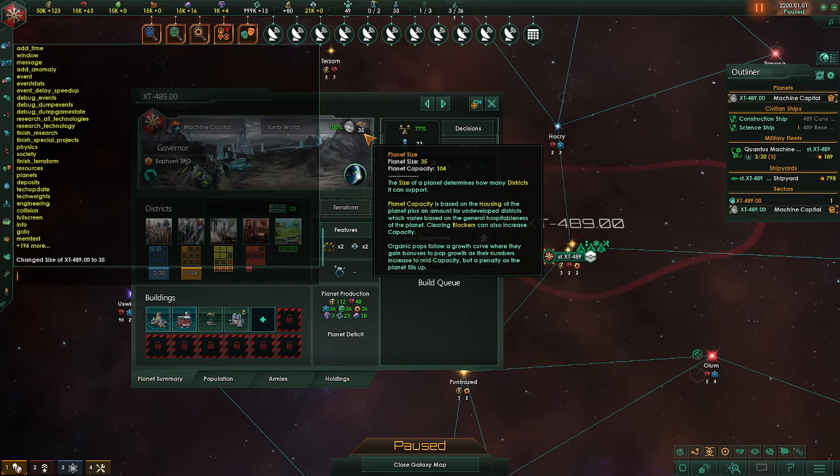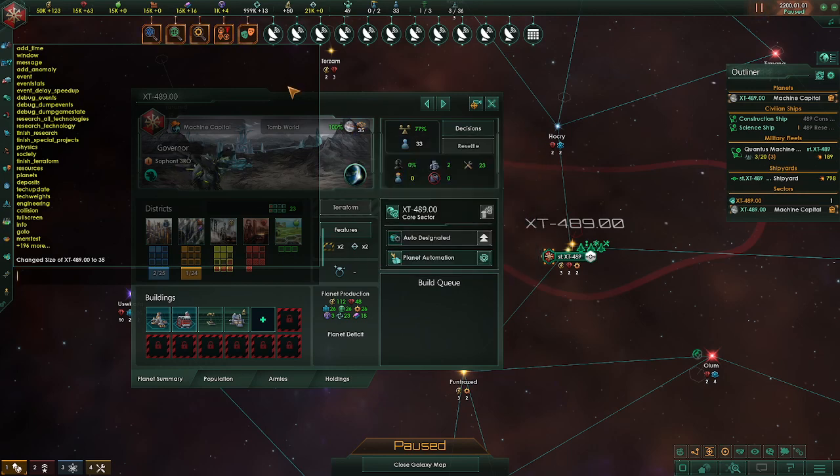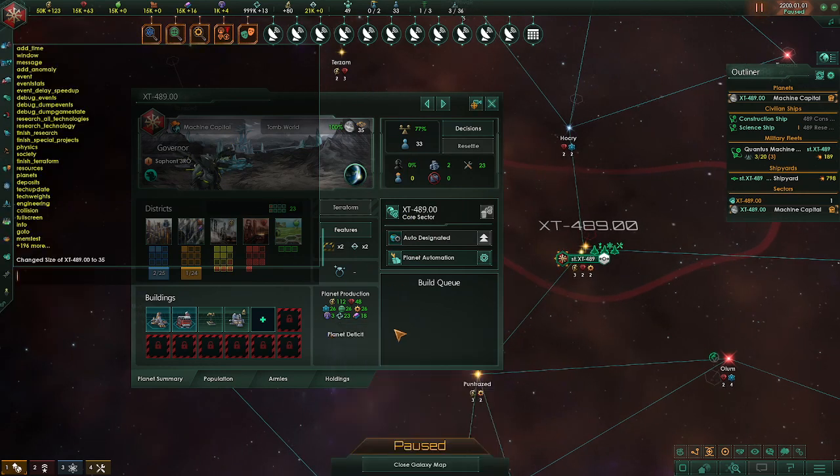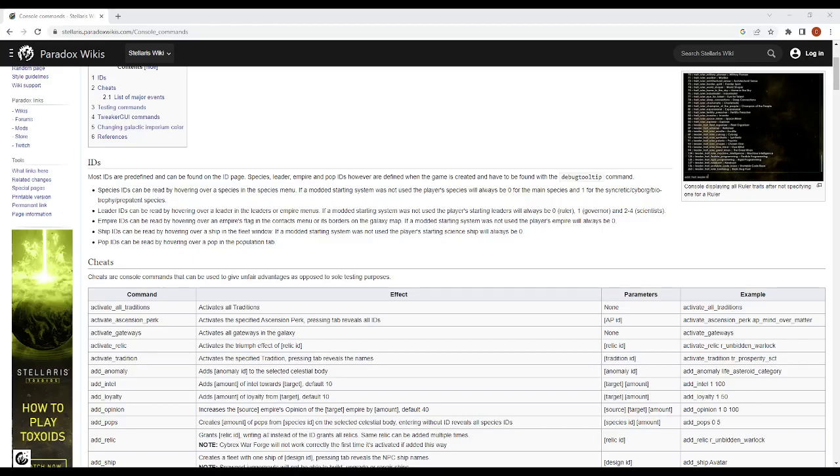So as you can see, them console commands on that page give you anything you need. If you do get stuck on something, just press tab. But the explanation is there within the Paradox Wiki site for you to actually get up these commands